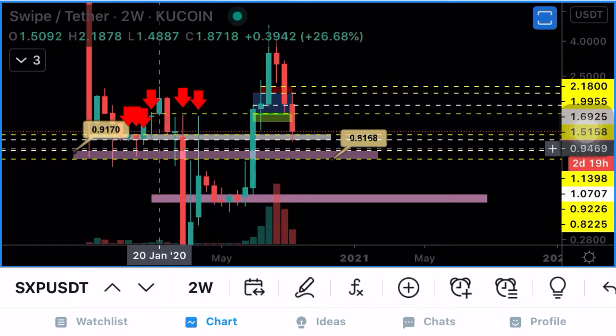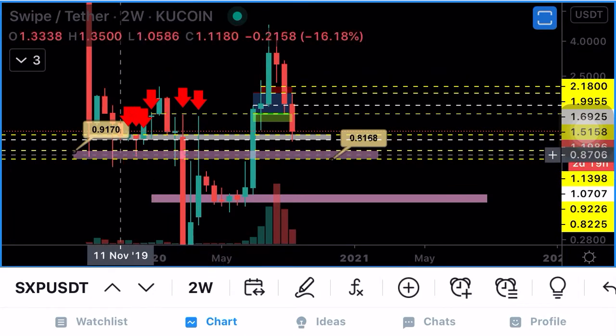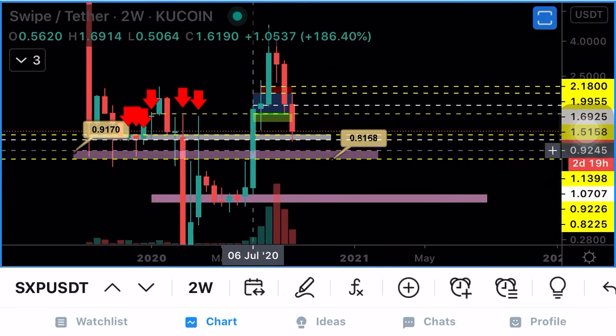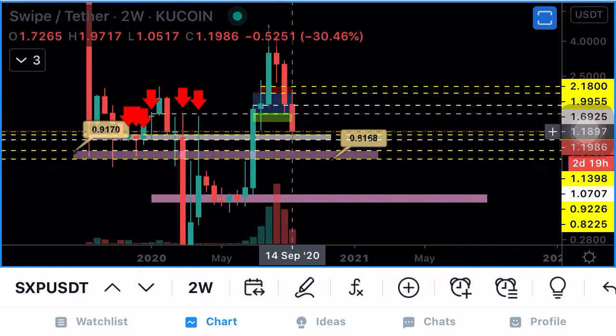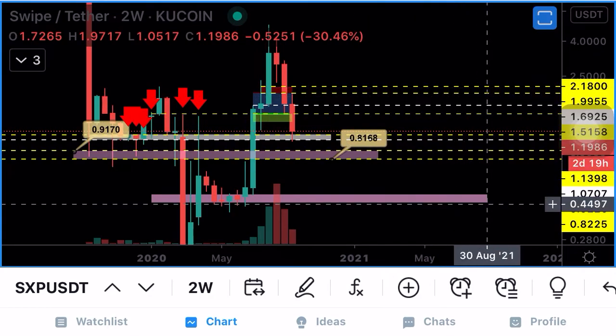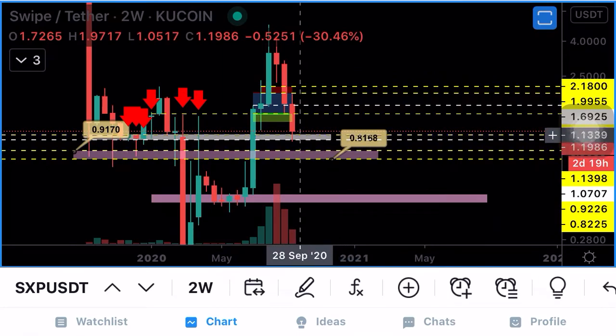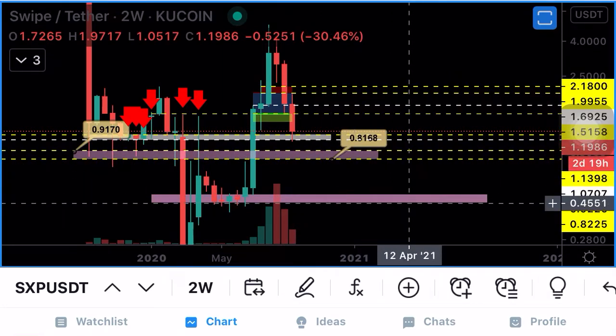There's a lot of demand in this zone here, a lot of wicks. Look at these wicks on the left. Same thing here, there has been demand, supply. This area here is extremely high demand. So I expect this area to do something like this, have a nice bounce, before possibly having a sell-off or a continuation higher. If this area does not hold, we could have a strong sell-off to the 50 cent area.